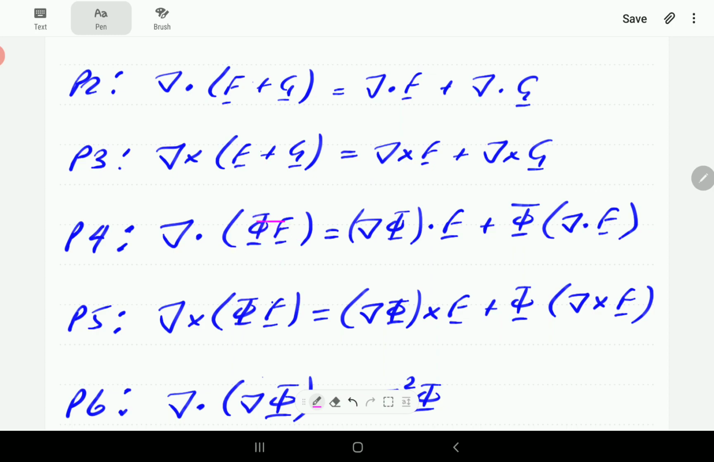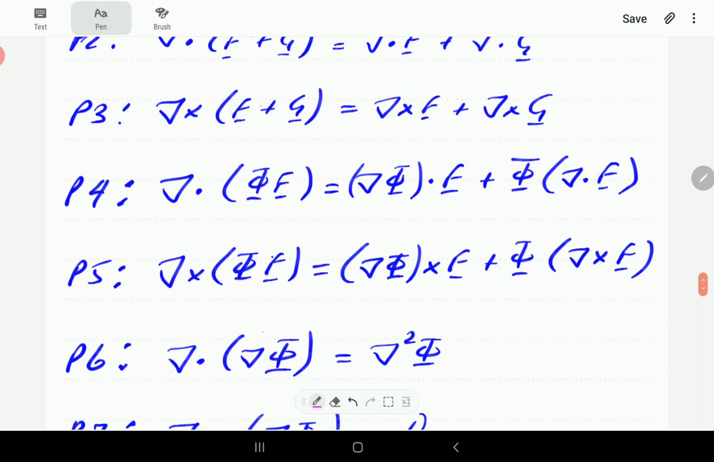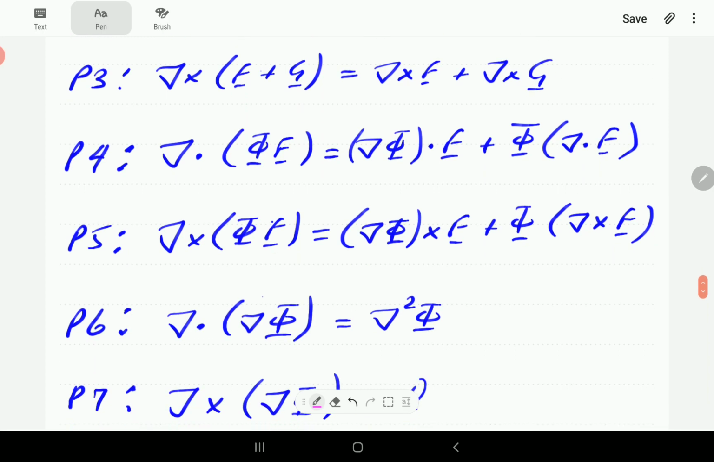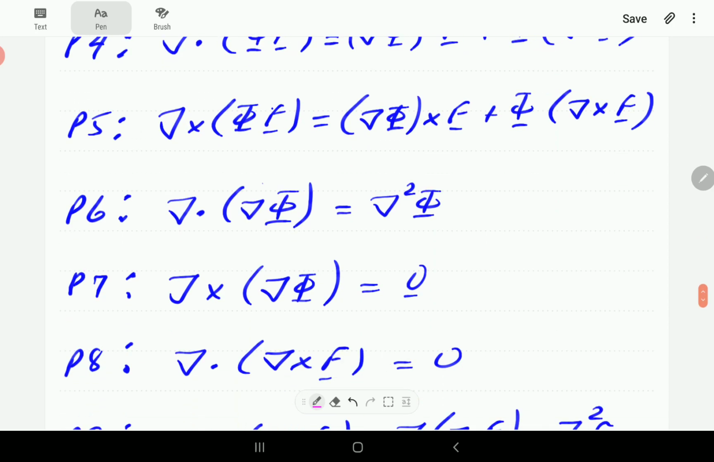So remember, phi is a scalar, so this is going to be given by the sum of these two quantities. We're going to prove this one in a moment below. And then this is a similar property about the curl of phi times f. And then this one is